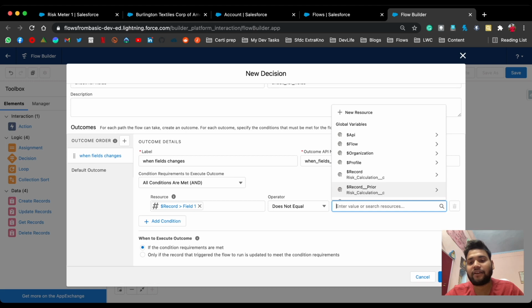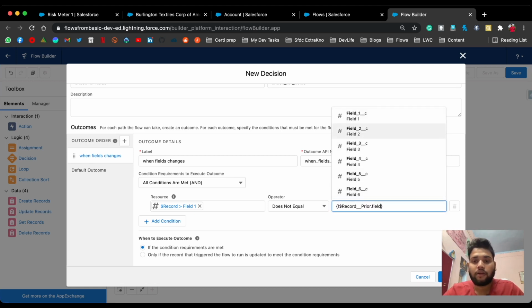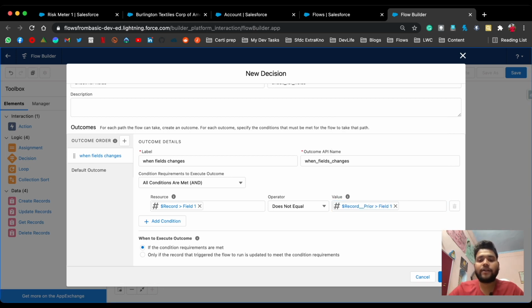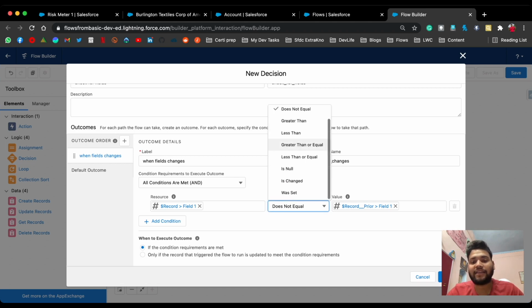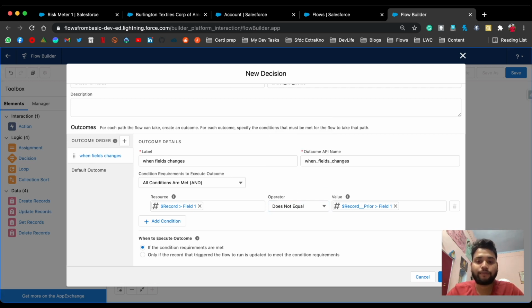So here you can select record prior dot field 1. Now you can see record field 1 does not equal record prior field 1. But now I have the ability to select is changed if you are in a pre-release org, so you can use that too. I will show you the same with the second example.